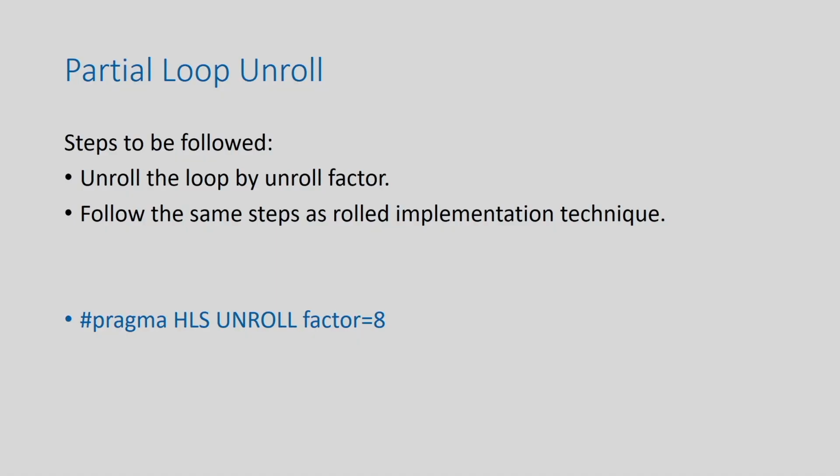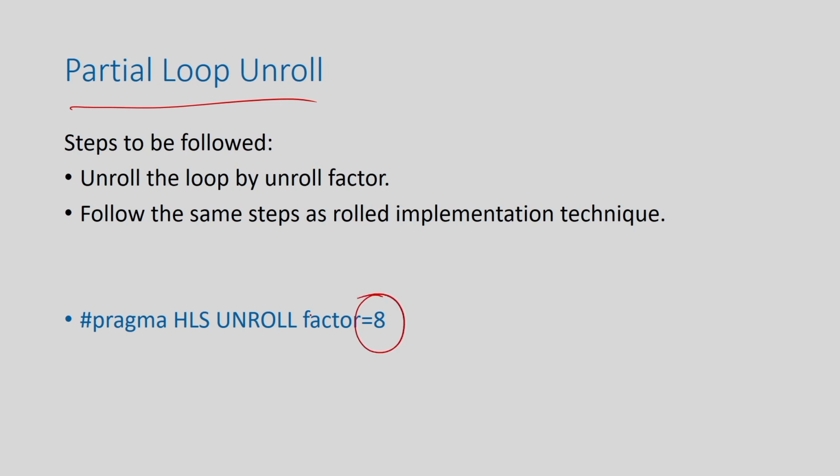Partial unrolling is basically a trade off between iterative execution and complete unrolling, right. We have seen that iterative execution uses minimum resource but maximum time, while complete unrolling takes minimum time but maximum resource, right. So, these are the two extreme ends. Can I make a trade off between these? What is the trade off? It is the partial unroll. So, instead of complete unroll, you do a partial unroll by a factor, right.